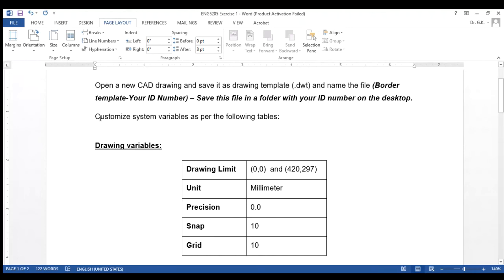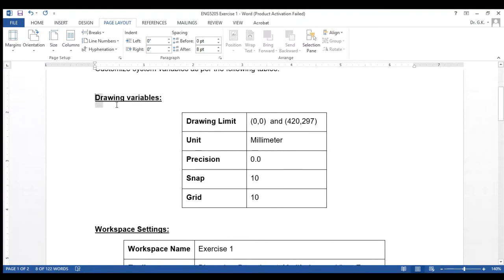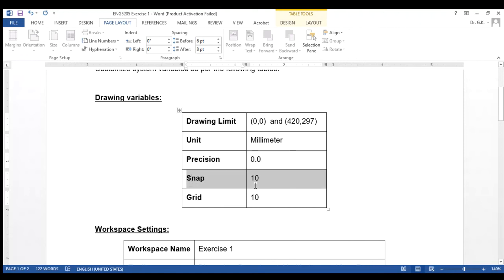And then you have to customize system variables as per the following table. The drawing variables mentioned here are drawing limit, unit, precision, snap, and grid settings. All these things you have to do.